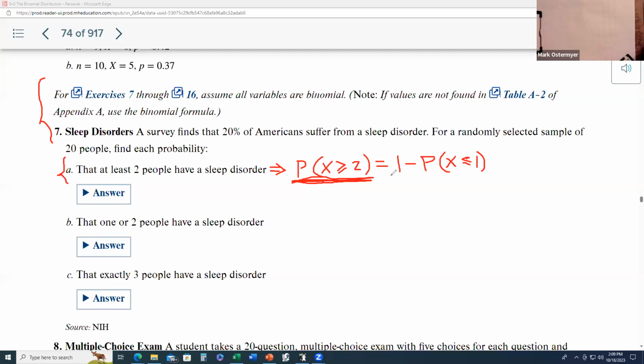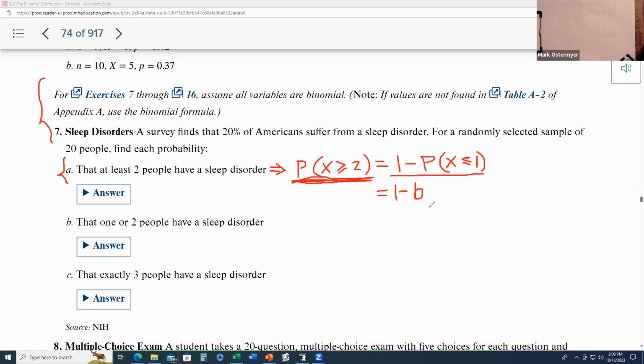No. Easier way. Use the complementary probability rule. This is equal to 1 minus the probability of the complementary event that x is less than 2, which means the next integer down is 1. This is the way to go. So therefore, you do it this way. So it's going to be 1 minus,